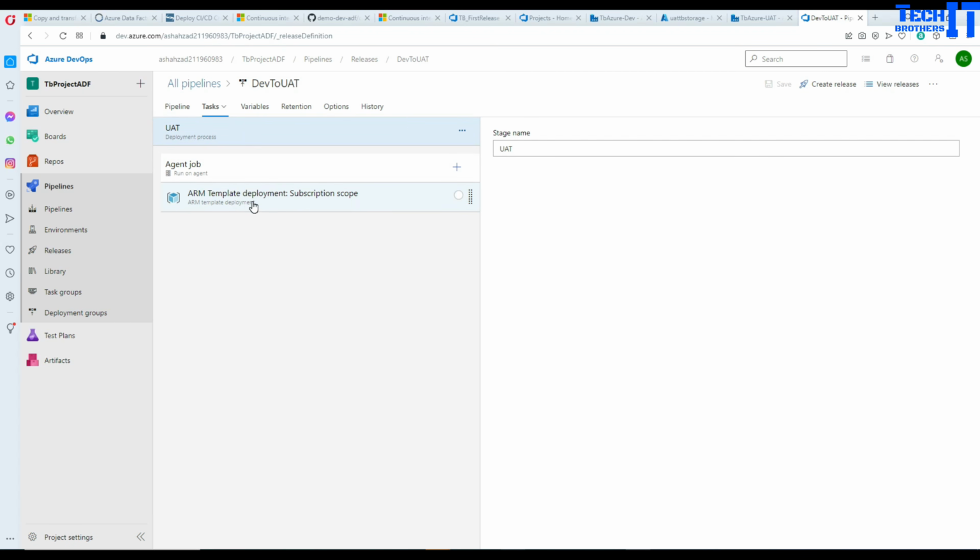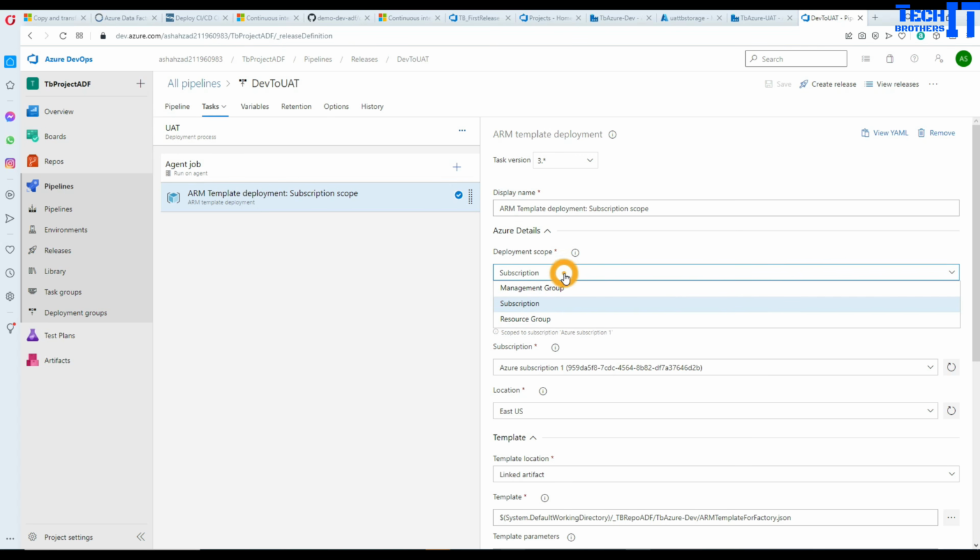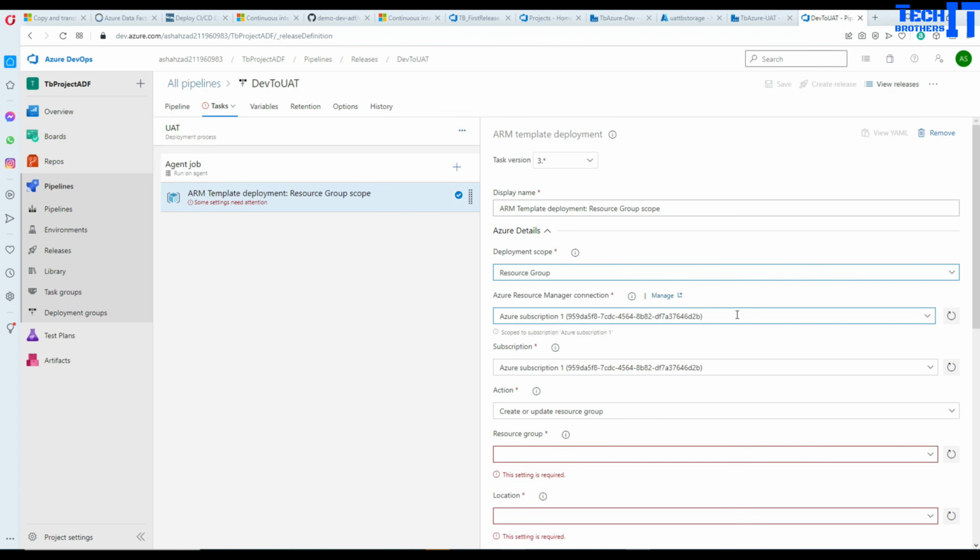And here we are going to select the subscription on template deployment, right? So now what we have here, we have a subscription. Maybe we should do the resource group. Maybe that's where we should be doing. Because it did not ask me for the resource group, I'm going to click resource group, and here it asks